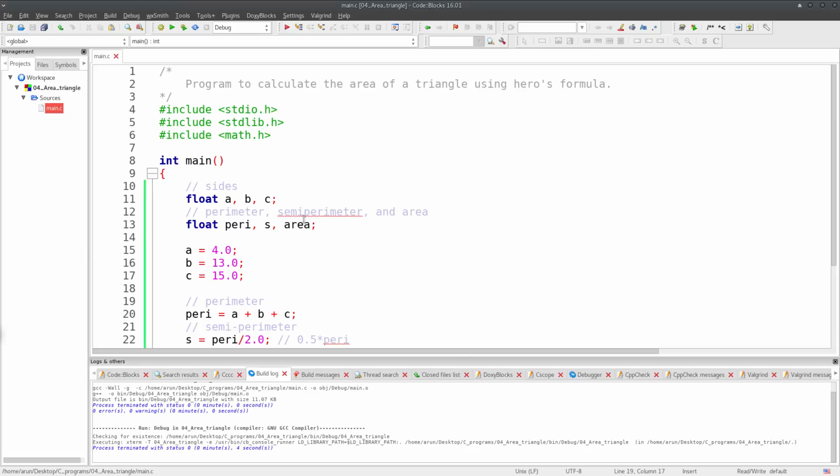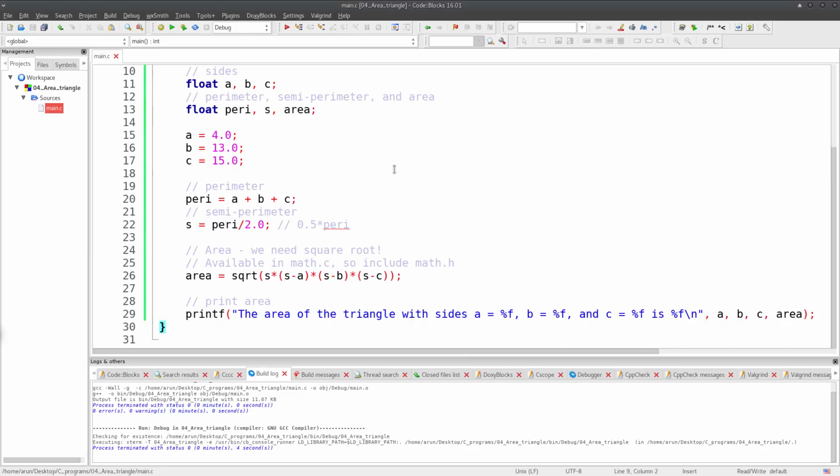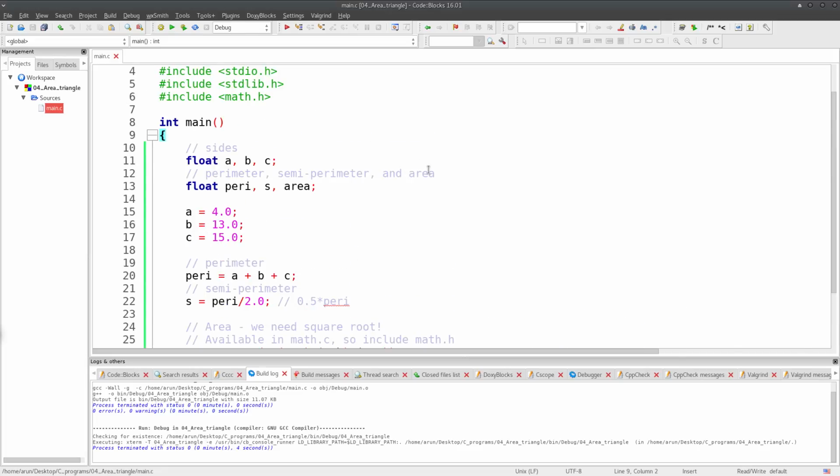This series is tutorials on C programming, and now in this tutorial we'll be looking at the scanf function. If you recall, this is the program that we wrote last time to find the area of a triangle using Hero's formula. One inconvenience we had in this program is that when we want to change the size of the triangle, every time you have to go inside the program and change the values of a, b and c